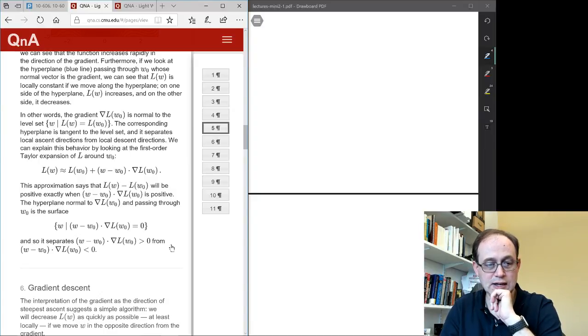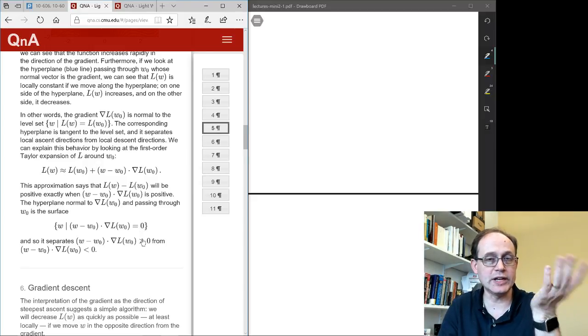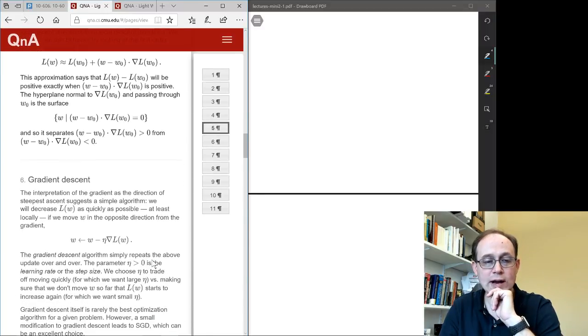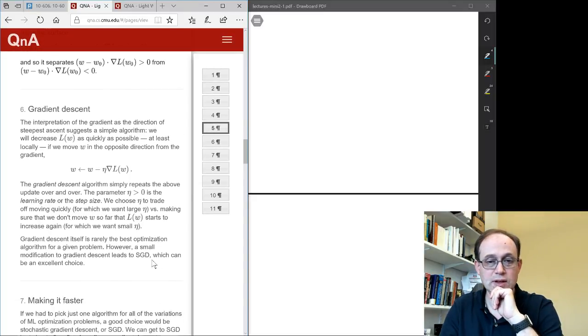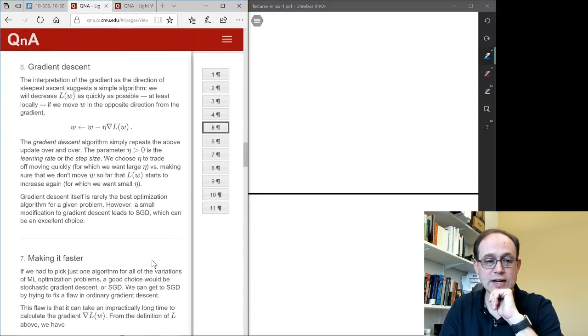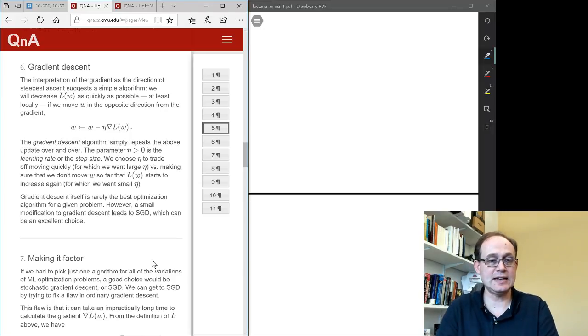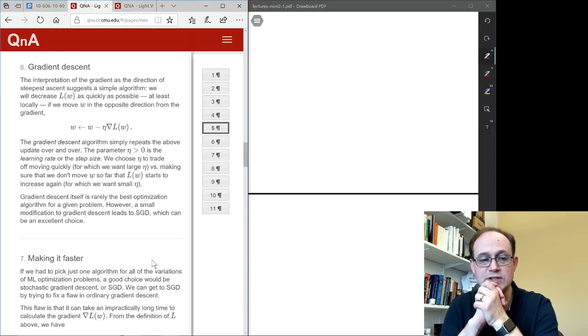All right. And the same thing, we can say here, this is the hyperplane whose normal is the gradient, and it's going to separate, at least locally and approximately, the directions of increase from the directions of decrease. Because the gradient is the direction of steepest ascent and the negative gradient is the direction of steepest descent,